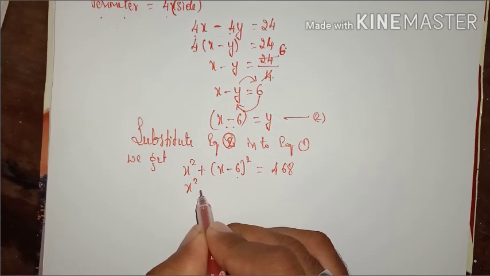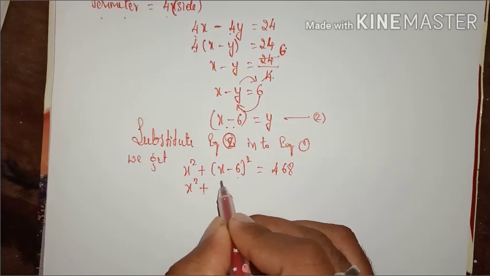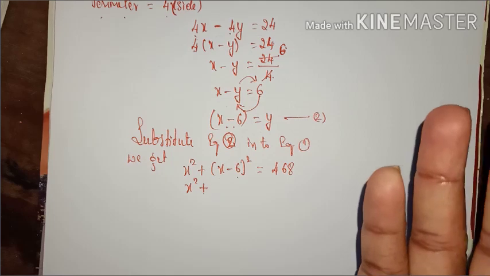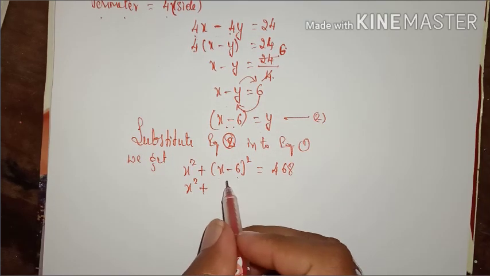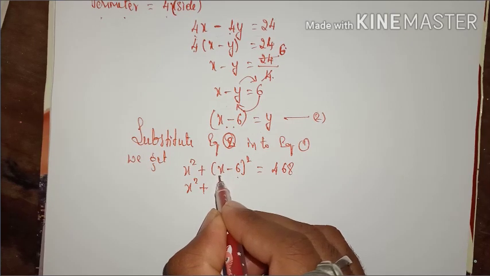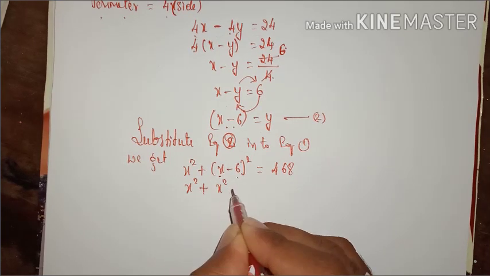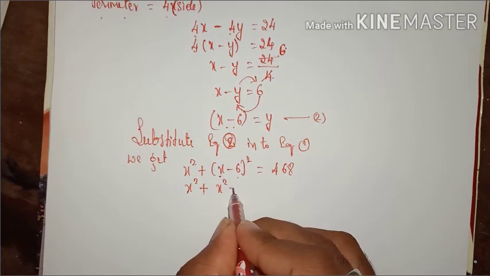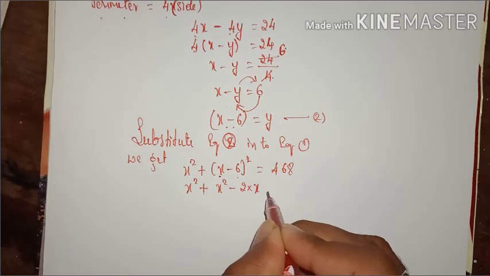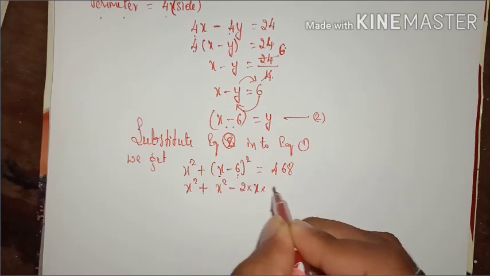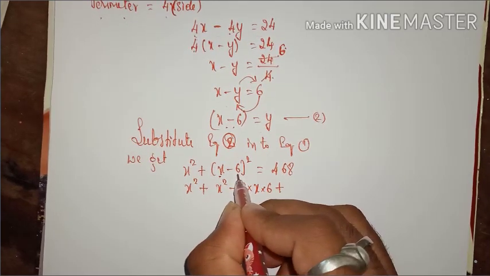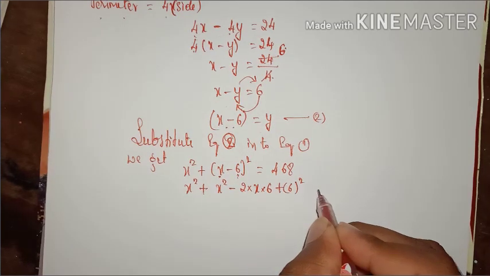So let us apply that identity. a minus b whole square is a square minus 2ab plus b square. Here a is x, so x square minus 2 into x into b, and b is 6, plus b square, that is 6 whole square, equals